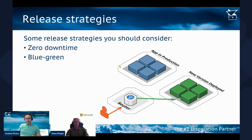But the diagram here shows blue-green, and that's where you stand up a new set of infrastructure to host your application on, and then you route between them. And that's how traditionally we've done zero downtime deployments for Logic Apps. It's that whole thing of having separate infrastructure, deploying your new application onto the new infrastructure, and then routing between them. But you can also have canary deployments, and